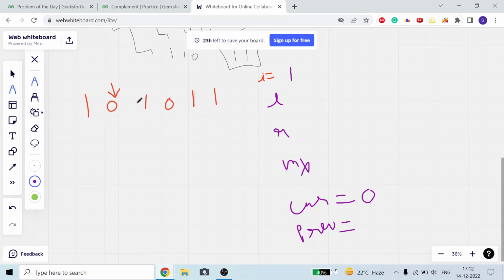start my current with 0 and previous with I, meaning this I is the range from where my L can start. So previous will represent me the I, meaning L, so it is equal to 1, current is equal to 0. Now I will take this is equal to 0, meaning if I take this in my range, then I can increase my count from 0 to 1. So I will increase my current from 0 to 1.